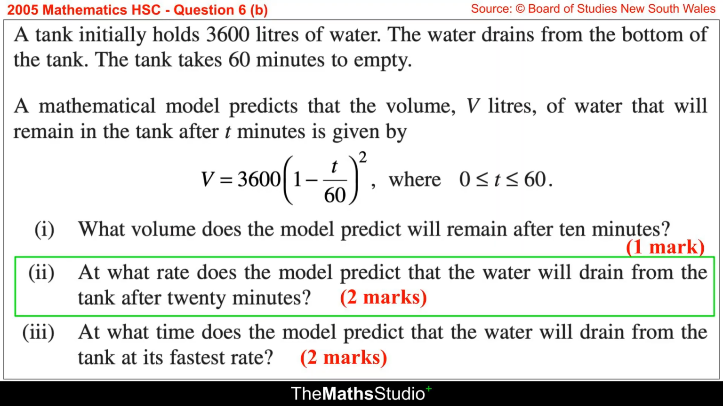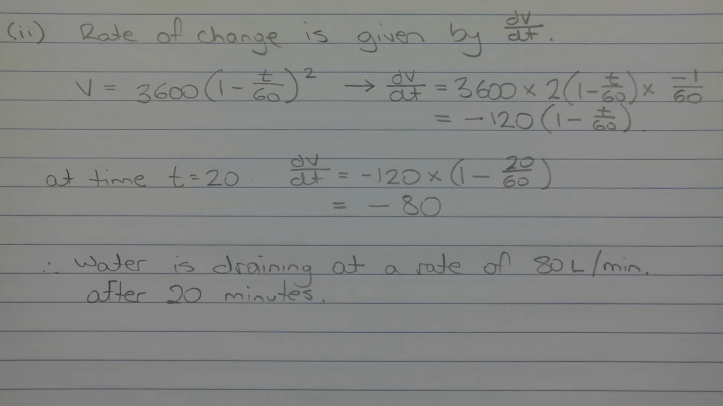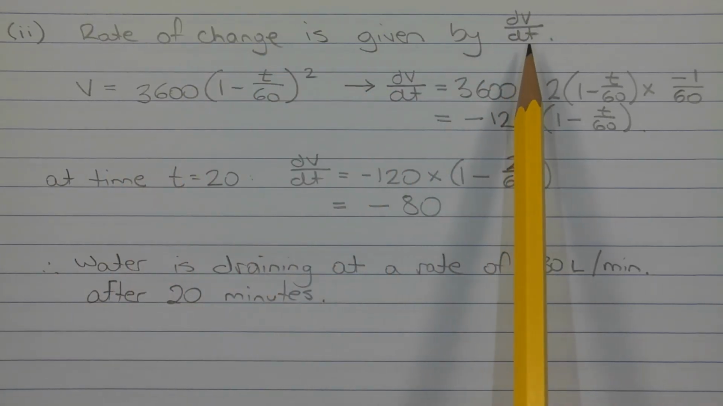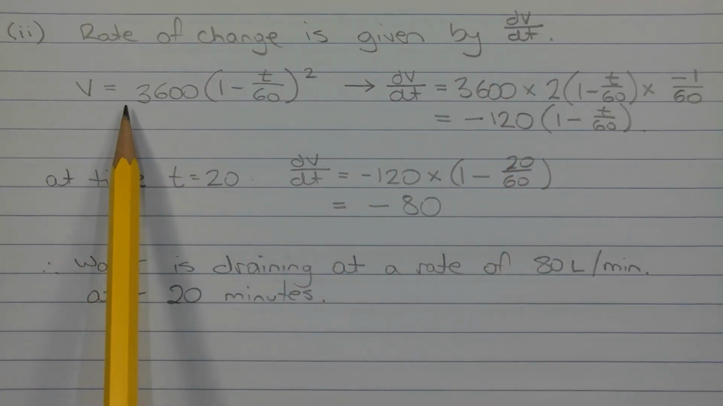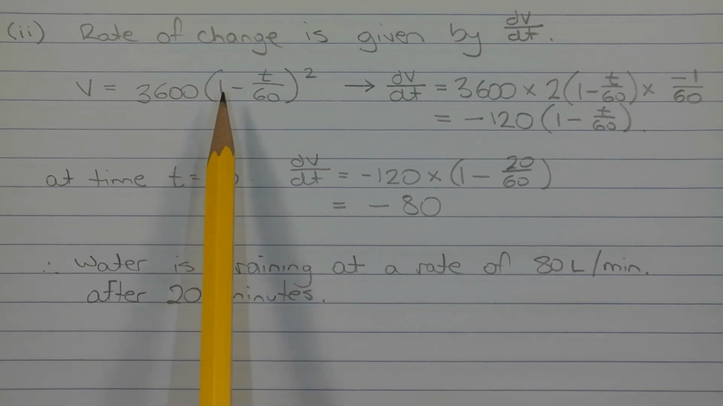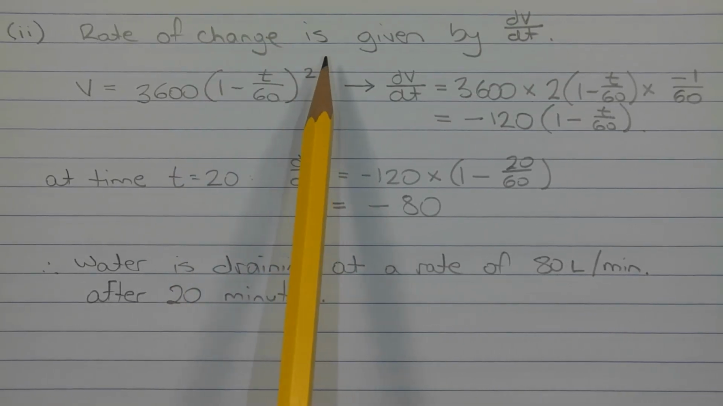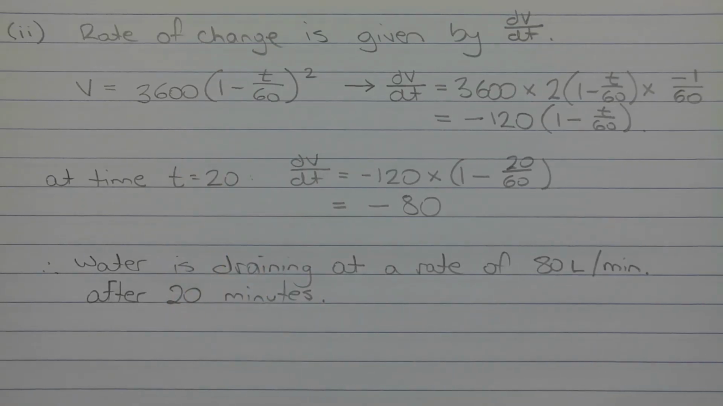Part 2. At what rate does the model predict that the water will drain from the tank after 20 minutes? The question is asking for the rate of change of the volume of water in the tank at the 20-minute mark. But in order to do that, we need to find an expression for the rate of change, and that's given by dV/dt. So given V is equal to 3,600 times (1 minus T over 60) to the power of 2, we have a function of a function here, so we need to apply the chain rule